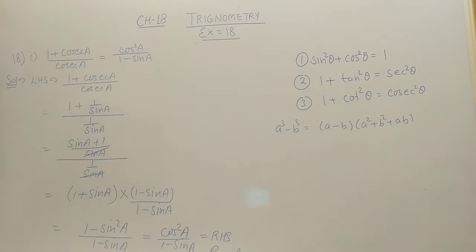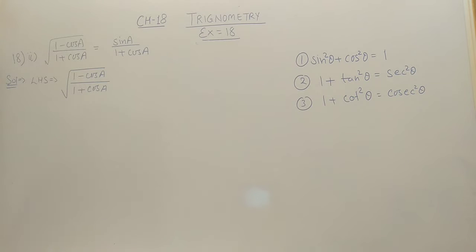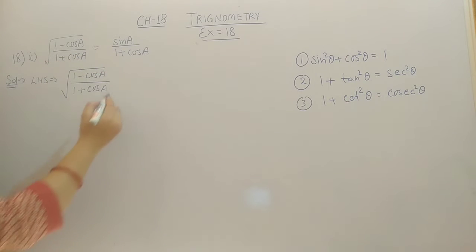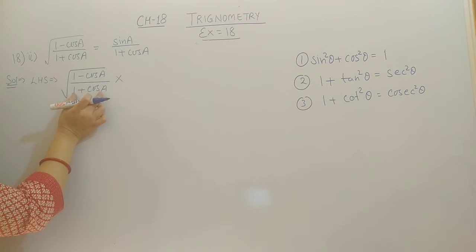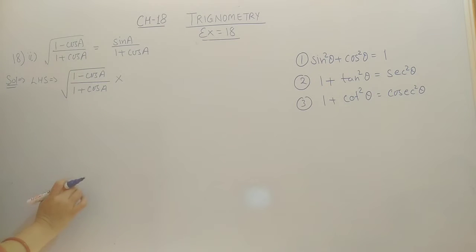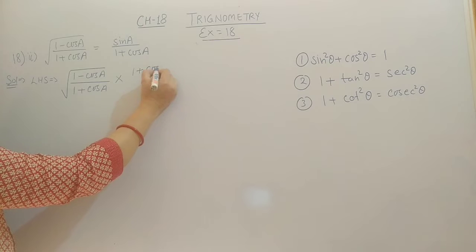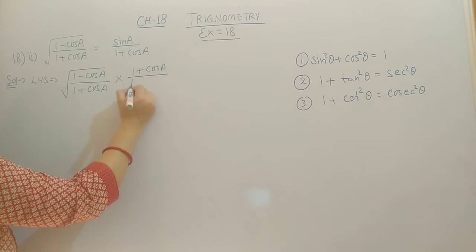Next, 18th second part: root of (1 − cos A) / (1 + cos A) = sin A / (1 + cos A). So in this type of question, first you see your right side. If you want the same denominator on the right side, it means you have to multiply with the same denominator. So here the denominator is 1 plus cos A. Multiply numerator and denominator with 1 plus cos A